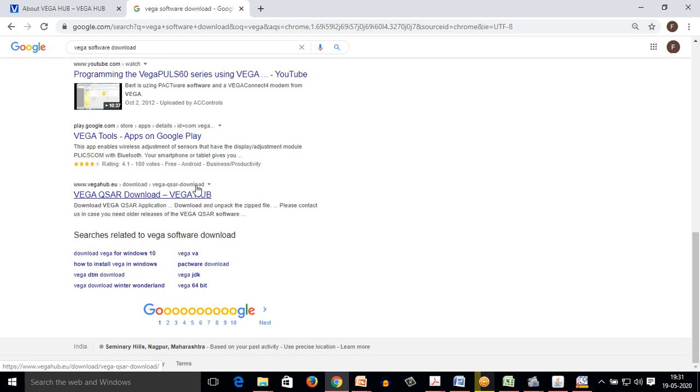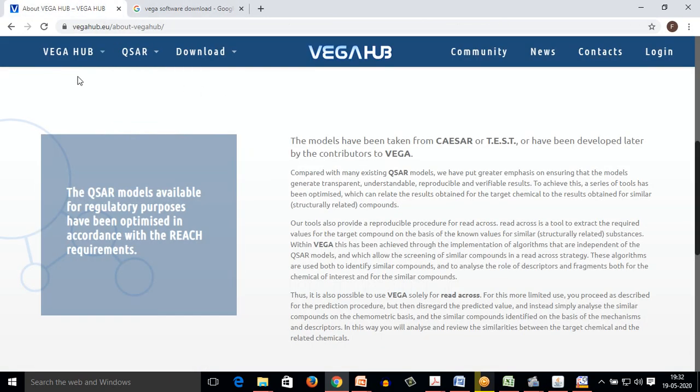So friends, the society has upgraded its facilities, which firstly included just property calculation, but they now have some software related to QSAR studies also. This is the home page of Vega Hub, and here you can see that there is a QSAR section and a download section for models and tools.